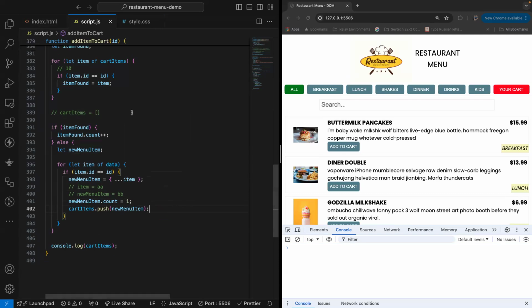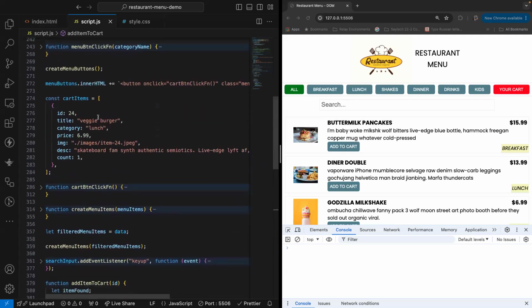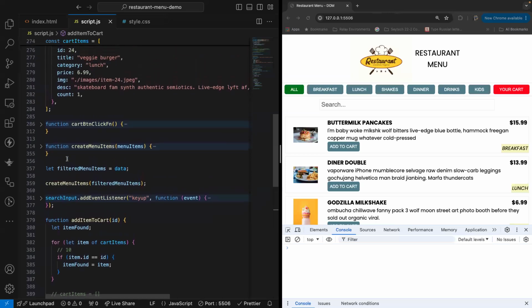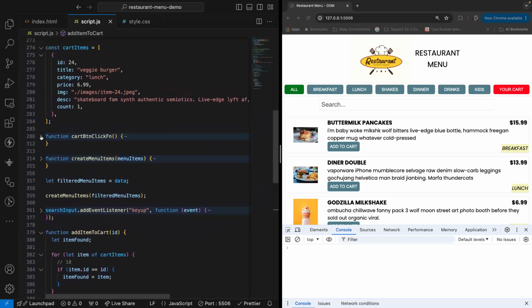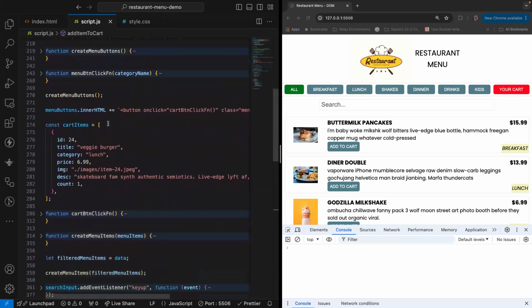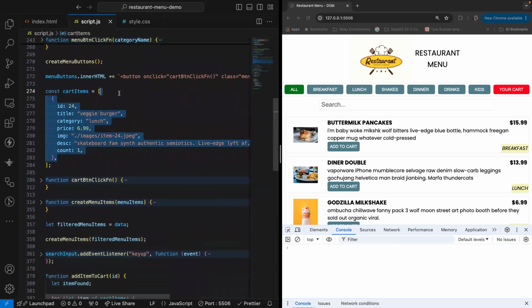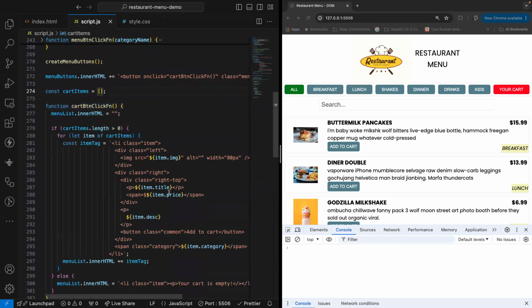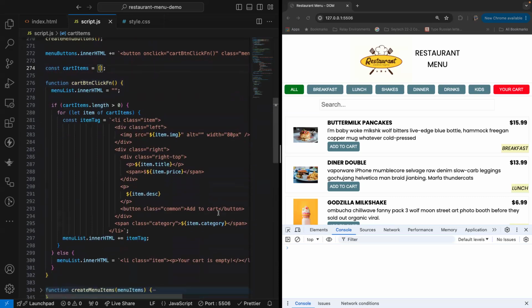Yes. So when we are creating our cart buttons, right? Create menu items, create and so on. Okay, where's my create cart items? Forget about this. It's working fine now. Okay, here, cart button click function when we are creating over here. Instead of add cart, we'll just put remove. Okay, we can add remove at the same time, guys,